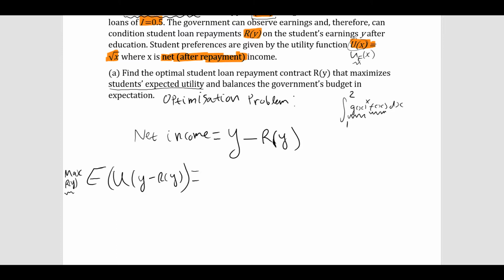So first of all, let's just get the integral down. I want to maximize over R of Y the integral. This is my expectation now, from 1 to 2 of the function I want to find the expectation of, which is U of Y minus R of Y. The probability density function I'm just going to call f of y. That is just our uniform distribution, which actually works out very easily here. dy